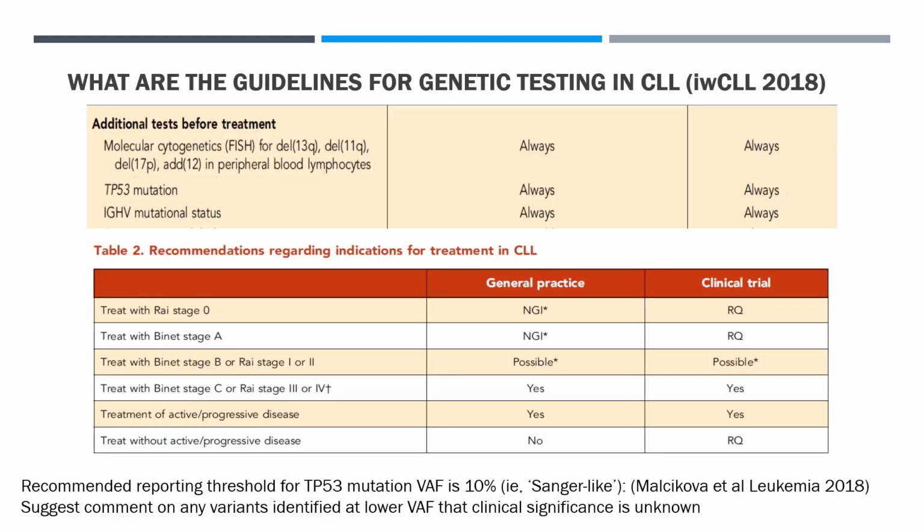The 2018 IWCLL guidelines indicate that genetic testing should be completed prior to treatment, particularly as the prevalence of TP53 abnormalities is recognized to increase at later clinical stages, and particularly after progression following chemoimmunotherapy. General guidance would be to pursue genetic testing for predictive value upon the development of anemia or thrombocytopenia that would indicate Rai 3/4 or Binet C clinical stages, or in the presence of active disease, which might be portended by the absence